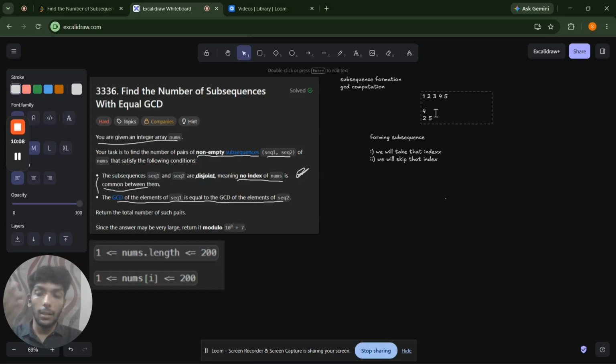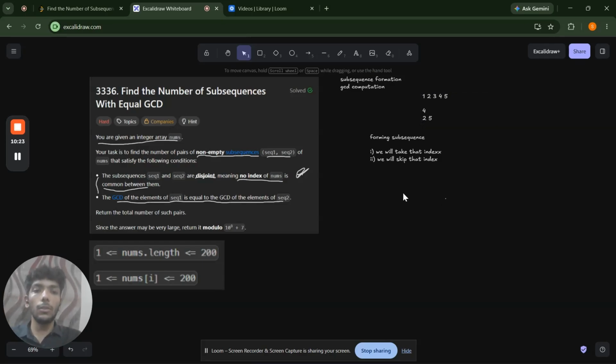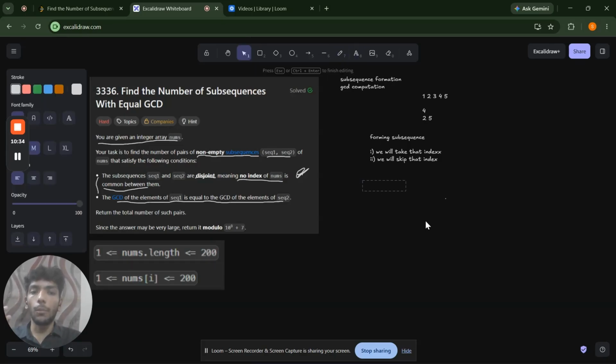So we can take an index, we can skip an index, but we just need to maintain the relative order. That is, move in one direction. If we take one element, we cannot come back to take another element. So we have now found how we can form one subsequence. But if we take this into consideration and try to form two subsequences,